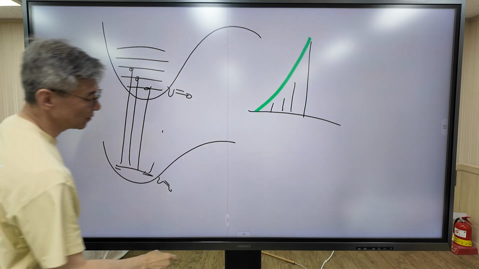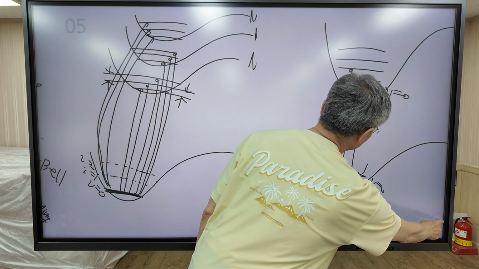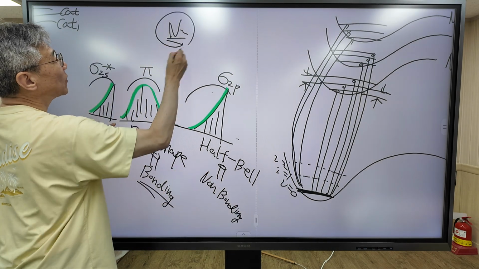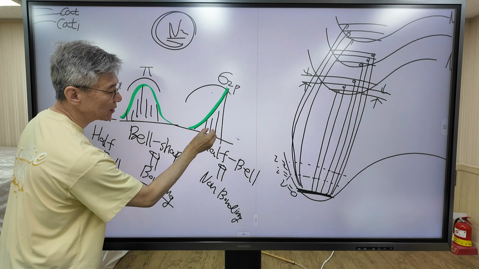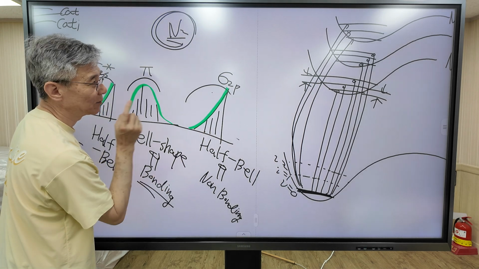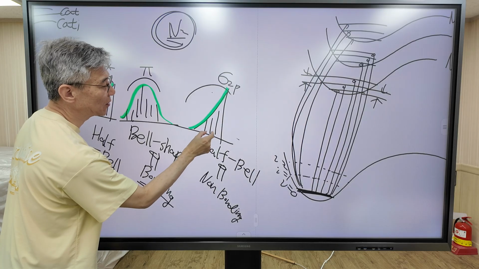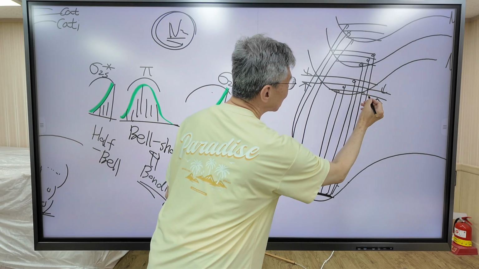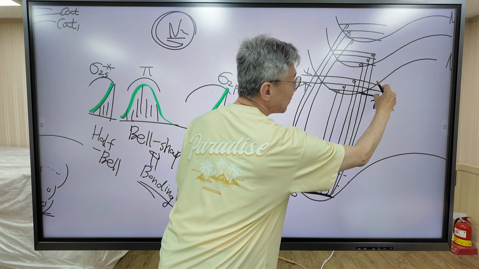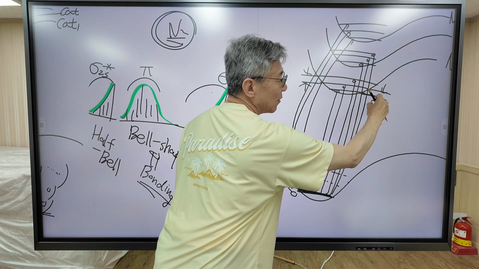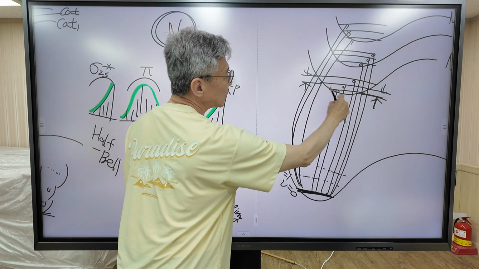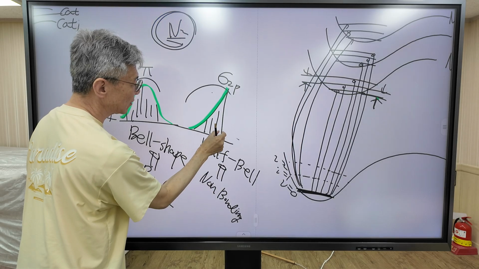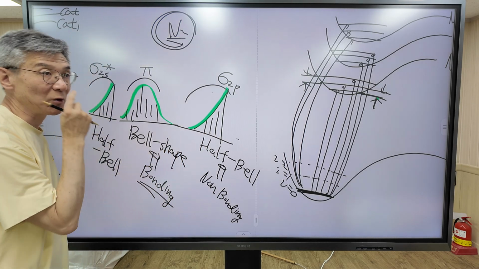So this is our review of the photoelectron spectrum of N2. The most important thing is that in the N2 photoelectron spectrum, the band spacing is equal. Keep in mind that the band spacing is equal. The band spacing corresponds to the vibrational energy level spacing in the cation. Assuming that the potential is harmonic, this spacing is equal to this spacing. So all the spacings must be equal, assuming harmonic potential.